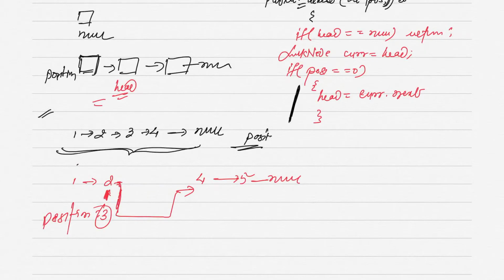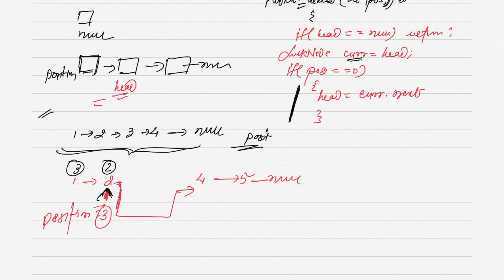If your position is 3, we'll go till 2, so at least we will get the previous node. So what code are we going to write here?